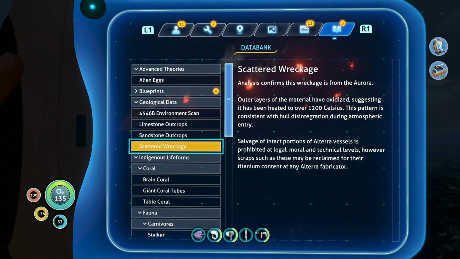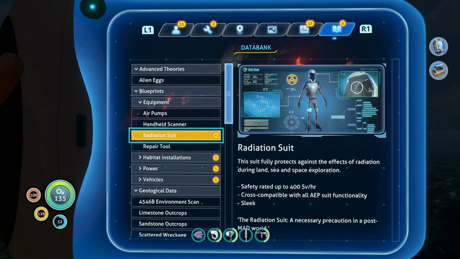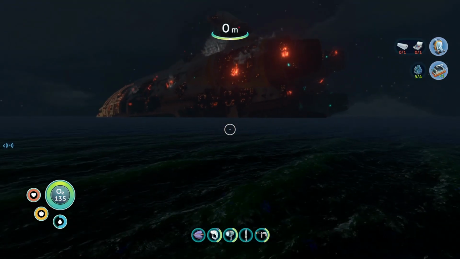And this radiation, oh, this is a scattered wreckage. This radiation suit is needed if we are planning to go near Aurora, because we can go near this ship, and near this ship there is a big radiation, and we need this suit if we want to just go there safely. Okay,